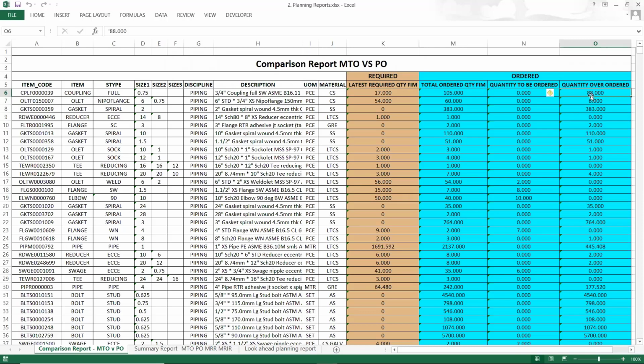So I can utilize this surplus in the substitution procedures, and keep it ready. The system will look ahead for the coming input of quantities for other items, and if these quantities match, then substitution procedures can be employed. So that is the comparison between MTO and PO.